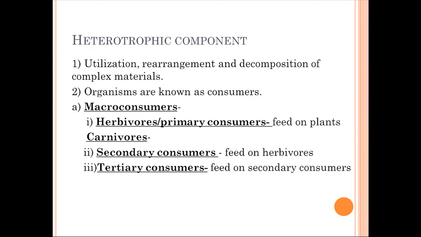Now always remember, for the animals which comprise these three categories, the classification is not rigid. That means any animal which functions as a secondary consumer might be a tertiary consumer in some other ecosystem. So in general I've given you the examples. This distinction of different organisms is not rigid. Okay? But definitely those feeding on the plants are referred to as herbivores or the primary consumers. Okay?